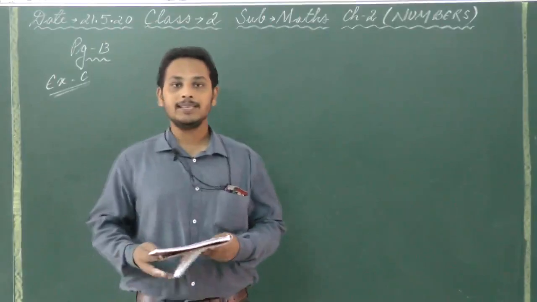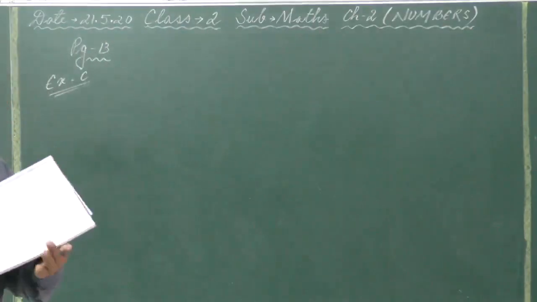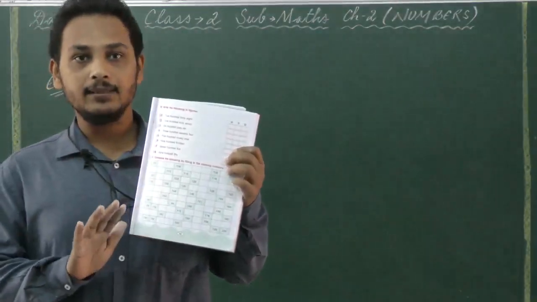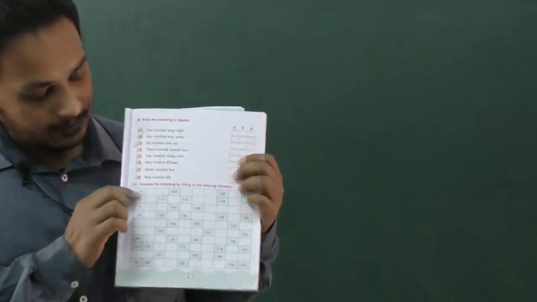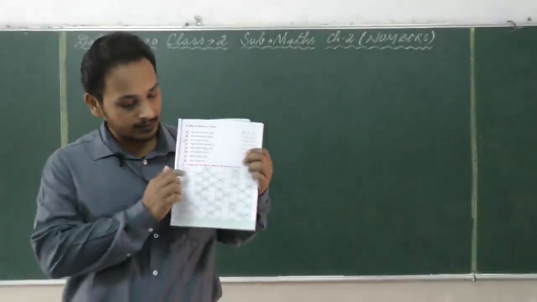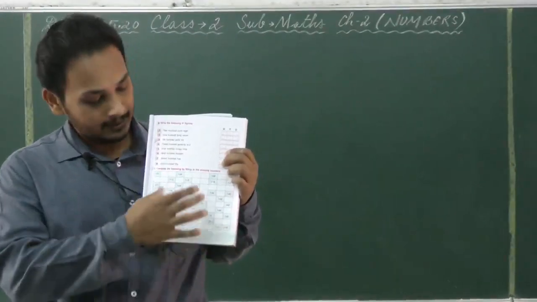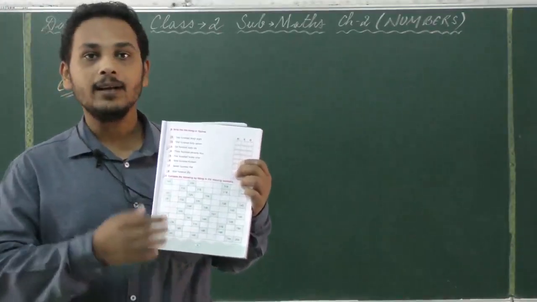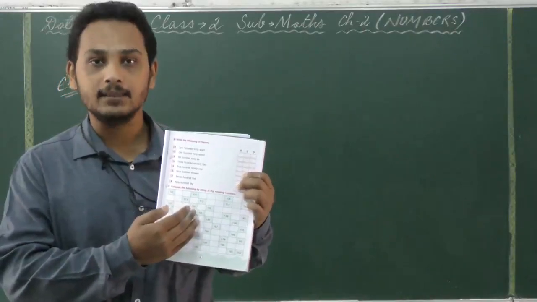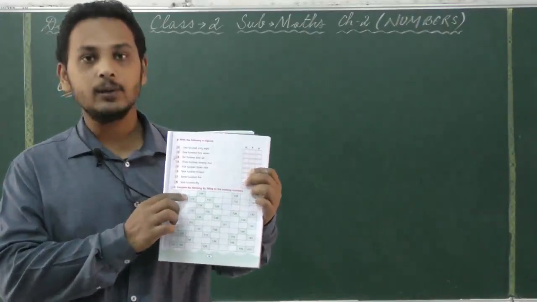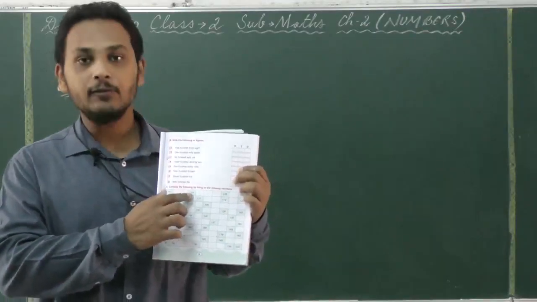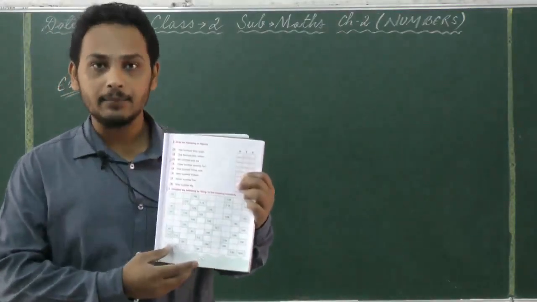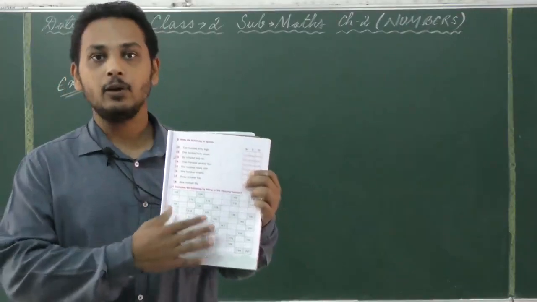Now what you have to do in this exercise is, I can show you, complete the following by filling the missing numbers. Okay, now as you can see, starting from 101 to 200, they are the numbers given here. Now whichever numbers are missing, what are you going to do? You have to fill in the missing numbers. Like 101 is given, the next is 102, then 103, the 104 is already there, then comes 105. So in this way you will fill the missing numbers. So this is also for your homework. I will not be doing it with you.